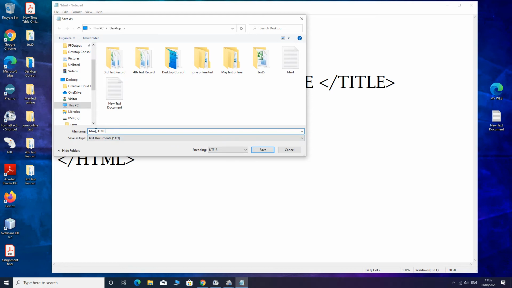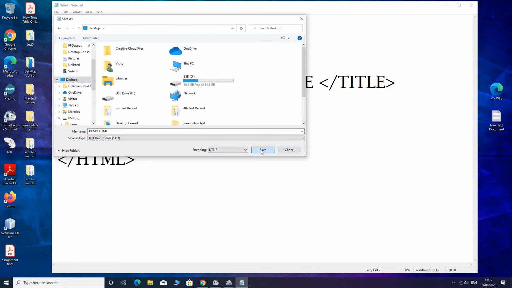Name the web page. Suppose we name it demo.html and save. Where to save? Suppose in desktop and save.